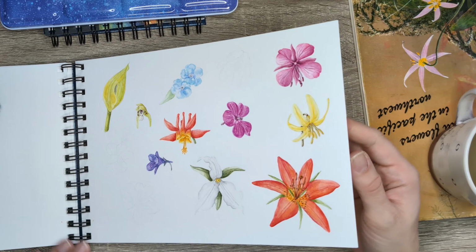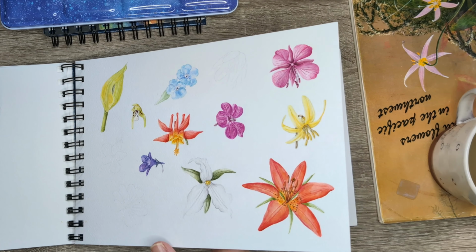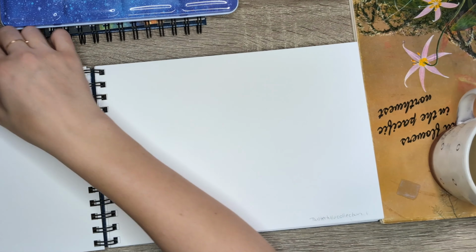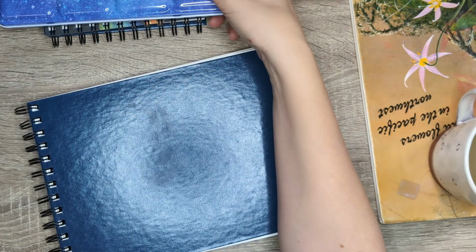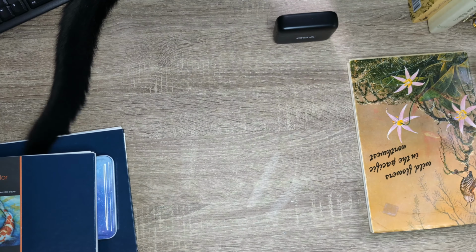So that's that page that's frozen in time. Hopefully I can get back to painting more soon. And that's all I have right now for that. So those are my projects lingering that I would really like to pick up again. And then the book that I have...